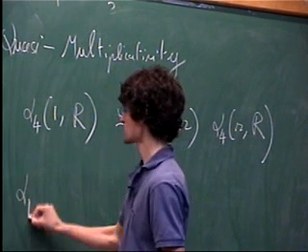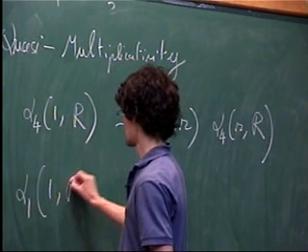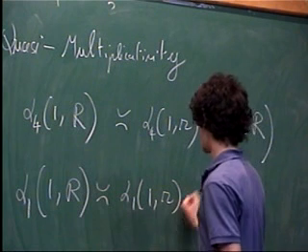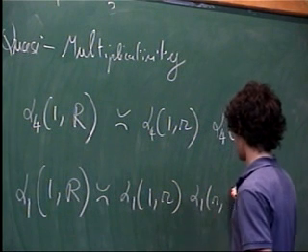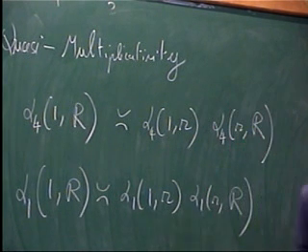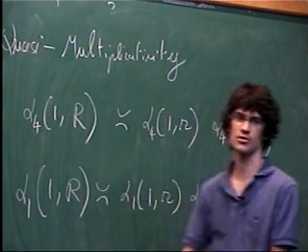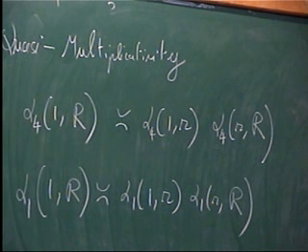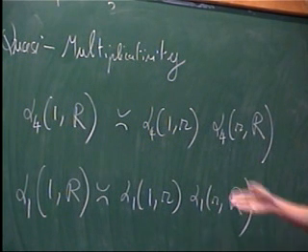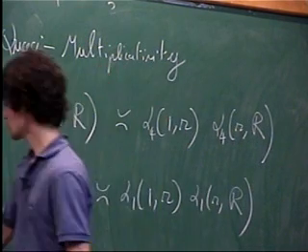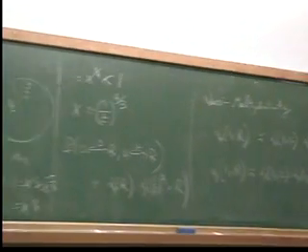And here what we use is this one. So this is true for any number of arms, but this one is much easier to prove. You don't need the separation of arms. It's basically, this observable is an increasing event. It's only having an open arm between 0 and distance r, so you can use Russo-Seymour-Welsh. But basically, you can cut scales like this. So if you apply quasi-multiplicativity here,